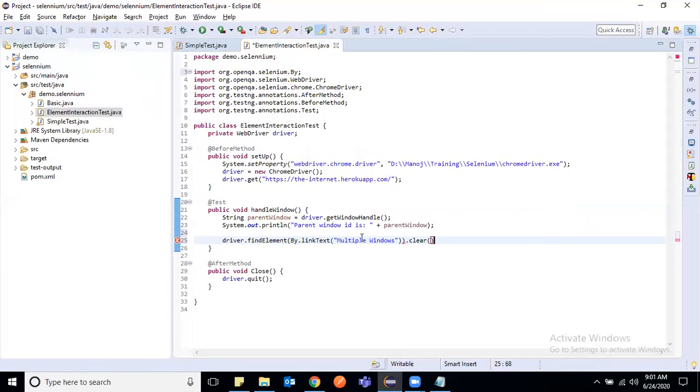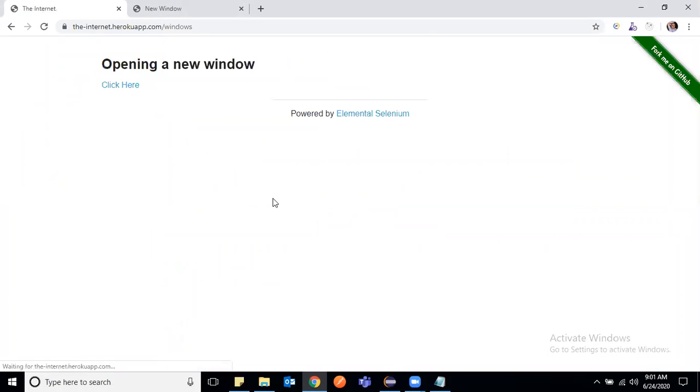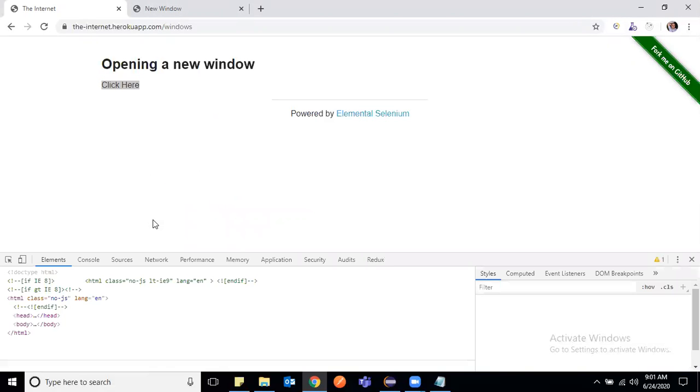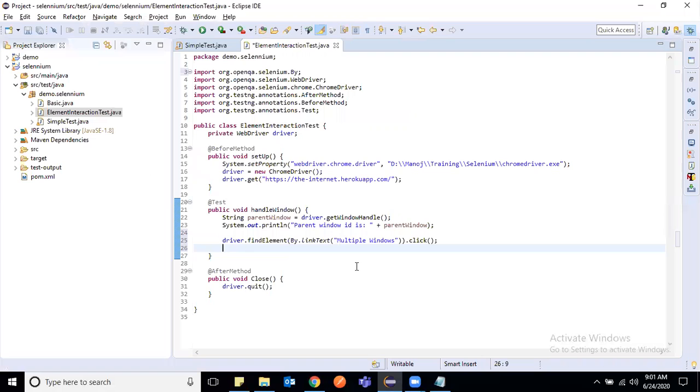First we need to click. Once we click, it will navigate to this window, and again we have to click on this link. Let me make sure that it is a link. I think it will be a link. Yeah, it's also a link. Let's click on this link.